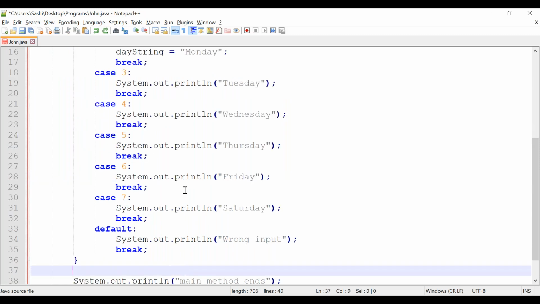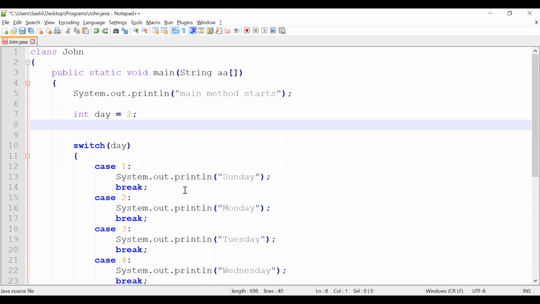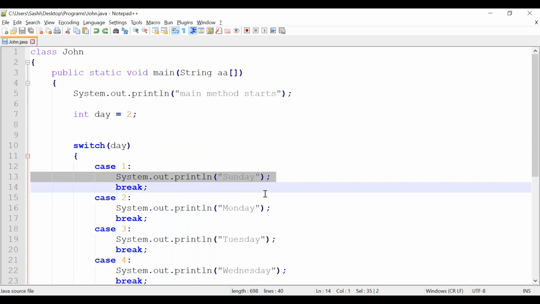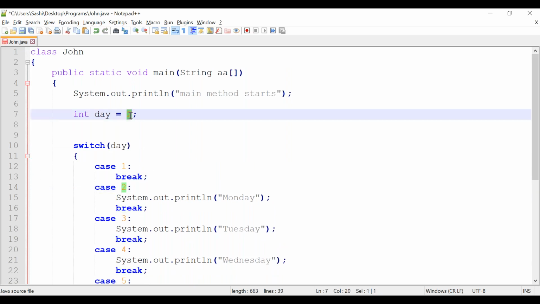Correct. So let's go to our next program. Consider I'm going with the third program. I want to print whether it is a weekday or weekend. If 1 to 5 means it is a weekday, correct?